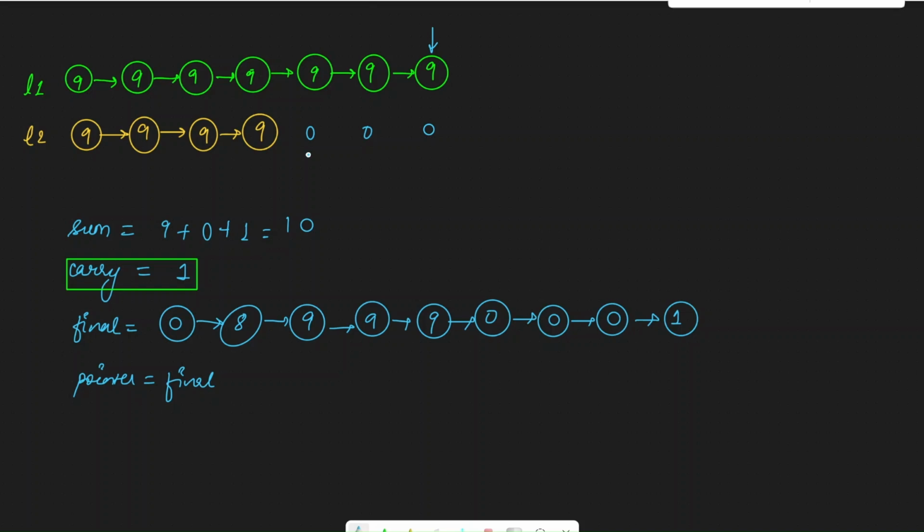If we go back again, our sum would be equal to, we're going to assume this is 0 and this is 0. So that's why 0 plus 1 will be equal to 1. So the carryover will become our last node. So our final result would be equal to final dot next, because we don't want to include this element. This was just to initialize the linked list.